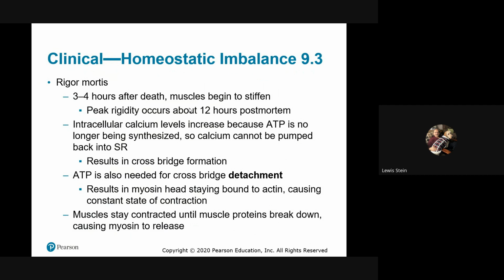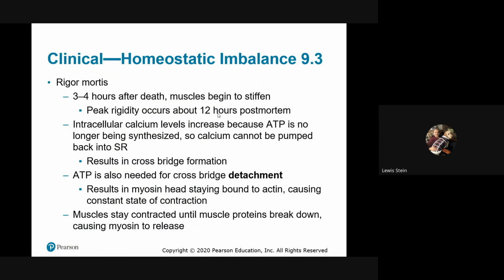So forensic specialists and coroners will look at a lot of different things. One of the things they look at is the outside temperature during that period of time, and whether rigor is still present or has left, because you'll be able to tell. It's going to stay stiff for a period of time. As you can see, it's going to peak at about 12 hours, and after that, all of a sudden, it's going to start to relax.